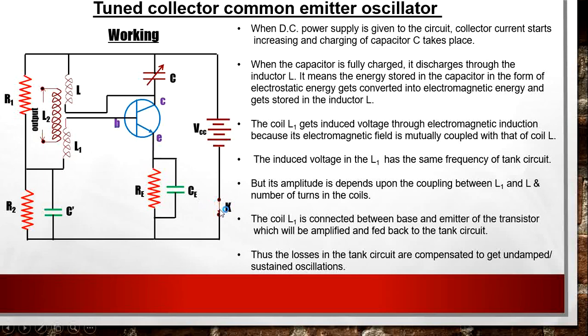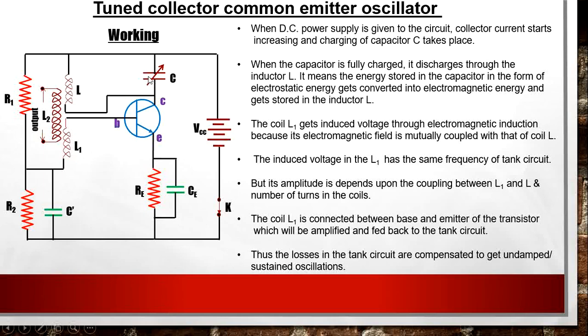When we switch on the key, this power supply is connected in the circuit, which means the transistor is properly biased. With the biasing of the transistor, there is a flow of current, and the collector current starts charging the capacitor C. When the capacitor C is fully charged, it discharges through the inductor coil L, and the tank circuit operation will